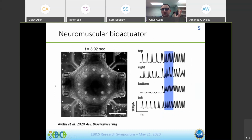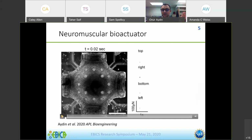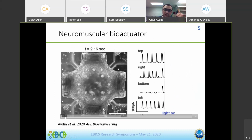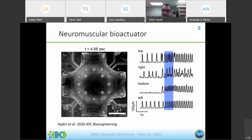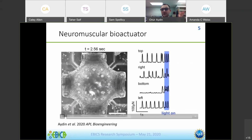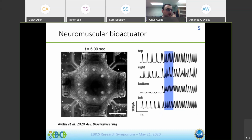So several things that we observed in the study: before we shine any light, before we apply any stimulation to the neurons, the muscles are contracting. Now, this is not unusual if you culture muscles just by themselves, no neurons, just muscles alone. They can and often do just twitch by themselves. However, this spontaneous self-twitching of the muscles tends to be irregular, whereas the activity that we saw here